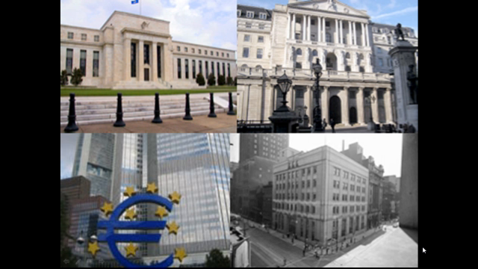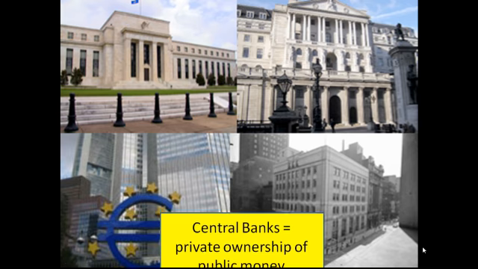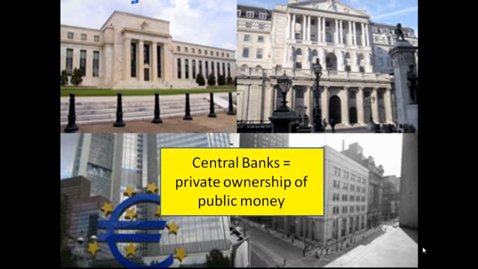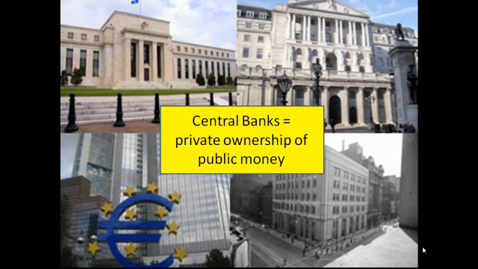Now, if you're thinking that it's pretty stupid for a sovereign nation to meekly hand over the right to create its own money to a private company, you're right. It is amazingly stupid. What's worse is that the formation of the Bank of England became the model for central banks all over the world, setting the precedent that money cannot be created by a government in the national interest, but must be borrowed from a private third party.